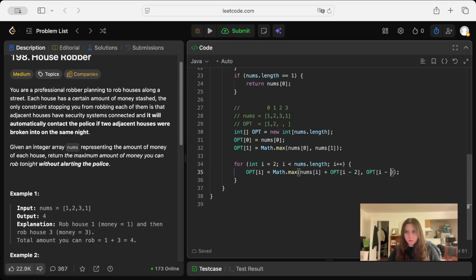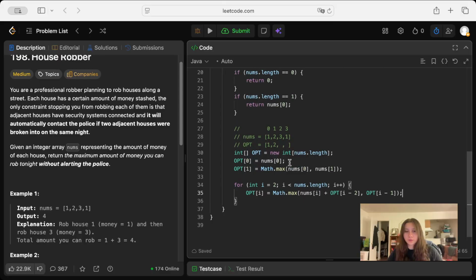Oops, what did I do? There we go. Yeah, that should be right. Okay, so then if we take a look, let's just walk through this real quick. So at i equals 2 will be here. Opt at i, which is 2, is going to be the max of, and let me actually just type out a comment so we can see. So opt at 2 will equal math.max of nums at 2 plus opt of 2 minus 2, comma opt 2